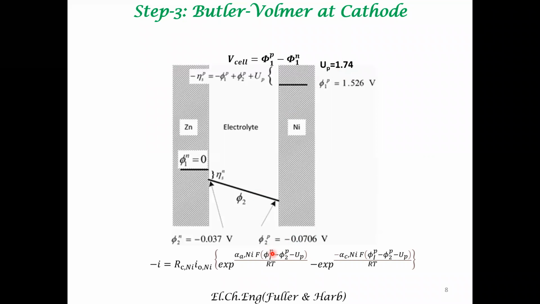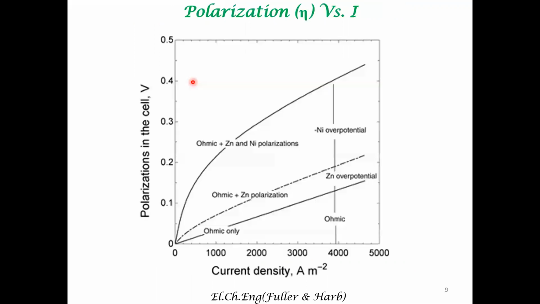Once that is known, I can quantify the surface overpotential at the positive electrode. That's a negative quantity. So that is well quantified. Because this is known, I know this and I know this. So that's a well established quantity now. So with all these 3 steps, what I would be able to get is to document the